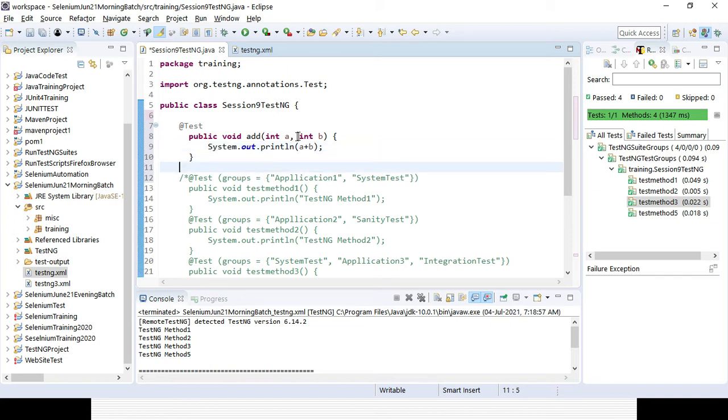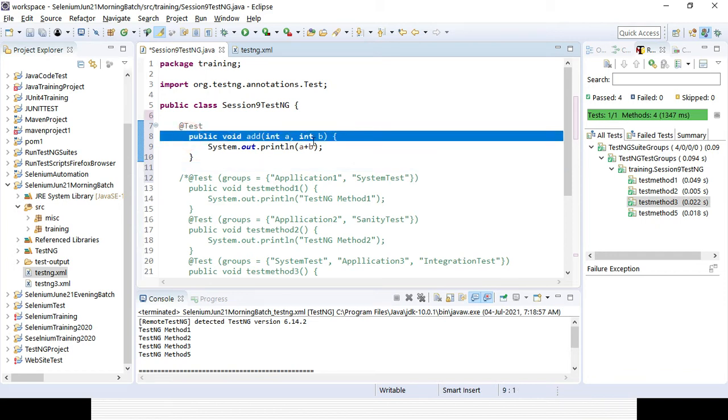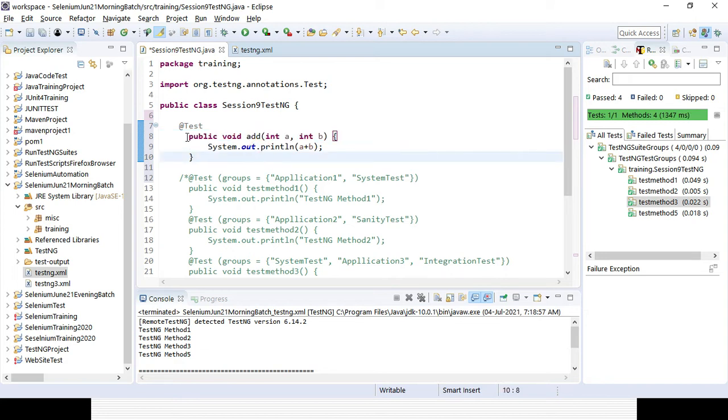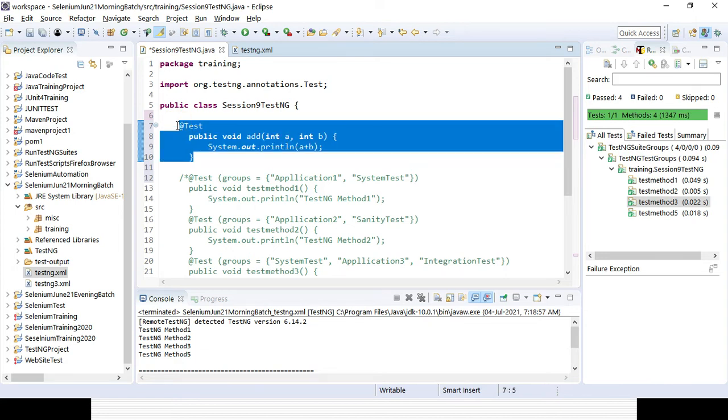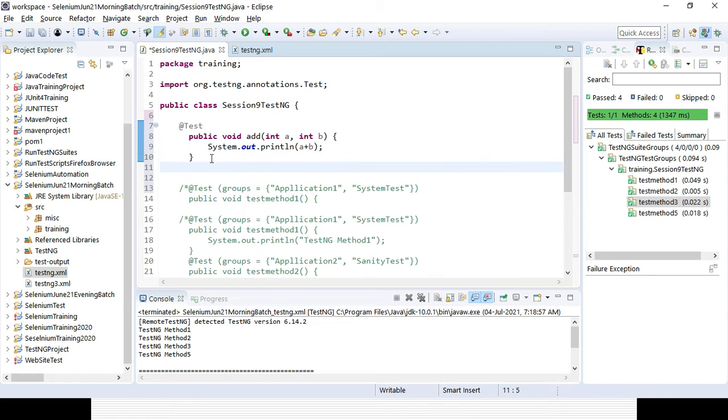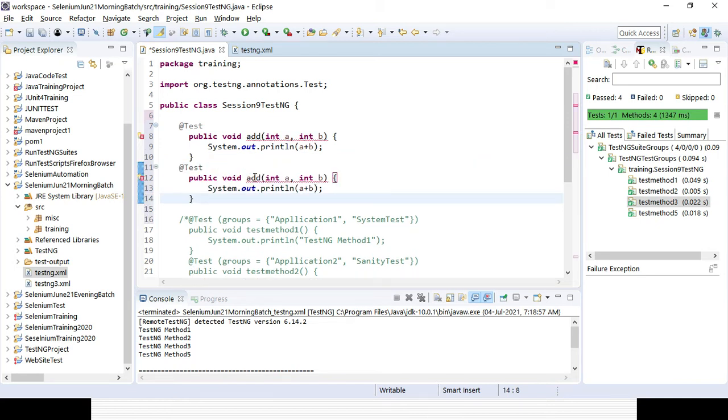Okay, so I want to create a test case providing integer a and b, and I want to sum them because it is add. Similarly, I can write multiple test cases. Suppose instead of add it can be subtraction, so in a similar way I can minus it.